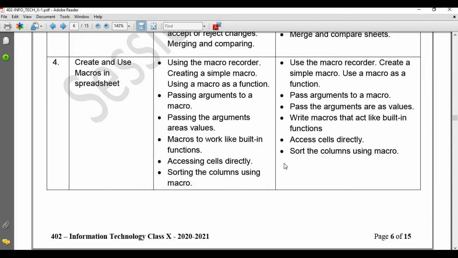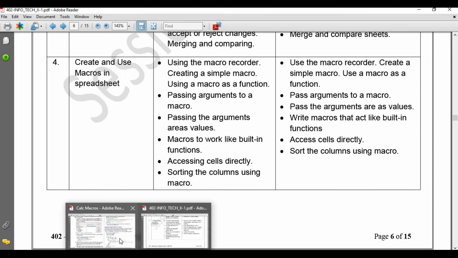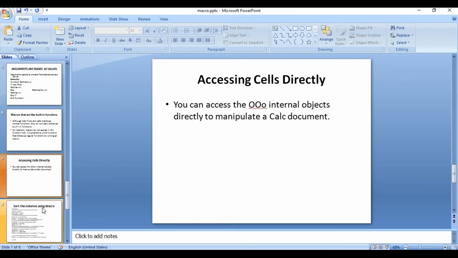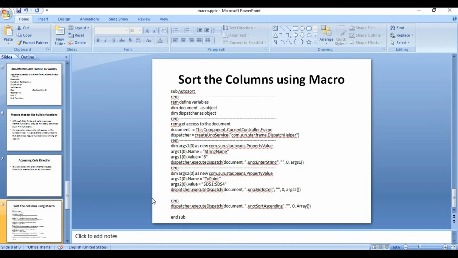Now the next topic is sort the columns using macros. You know very well the definition of sort. Sort means arrange your data in any order, either ascending order or descending order. When you are talking about numbers, it means arranging in increasing order or decreasing order.